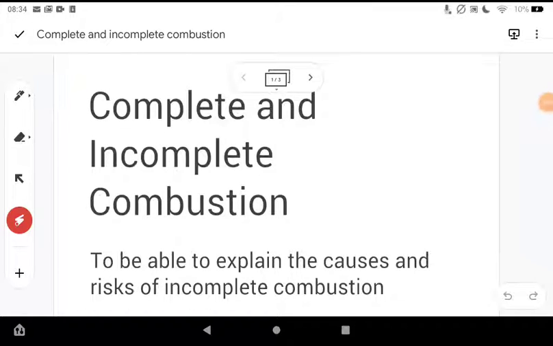This video is going to have a look at the difference between complete and incomplete combustion, and I'll start with a quick story. A few years ago my parents got a log burner for the lounge. They put it in the chimney, and one night they turned it on. They started feeling very tired. They thought it was just the atmosphere it created, the low light and the fire in the background, and they